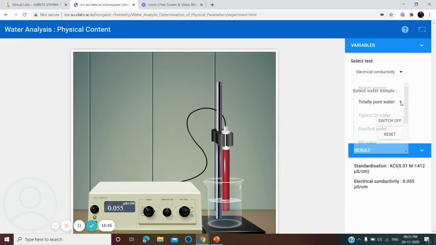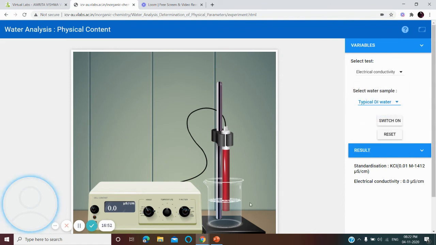Next, you have to select deionized water, fill the beaker with deionized water, and switch on the instrument, and you can see that conductivity is 0.1 microsiemens per centimeter.